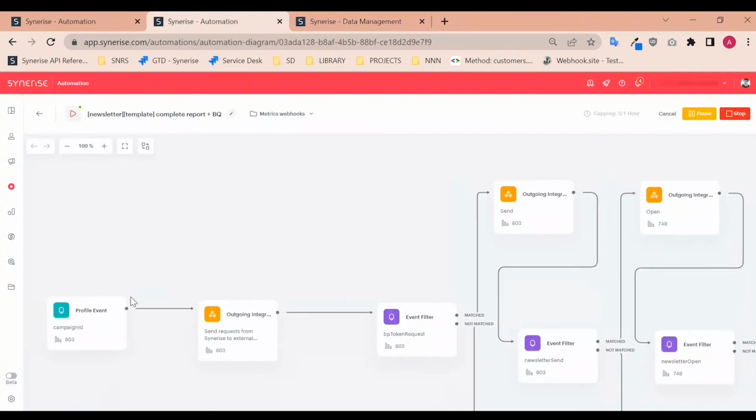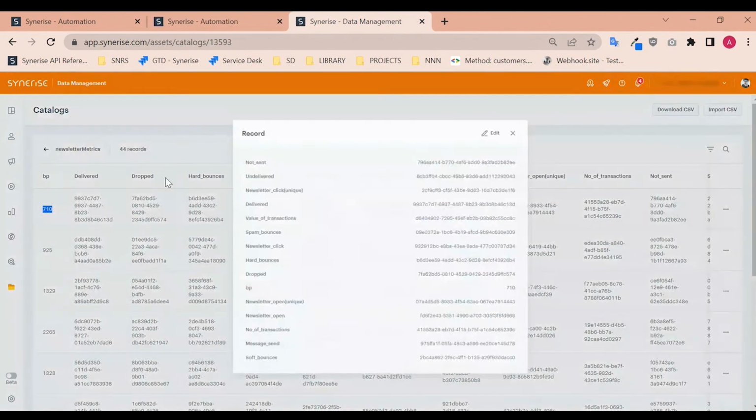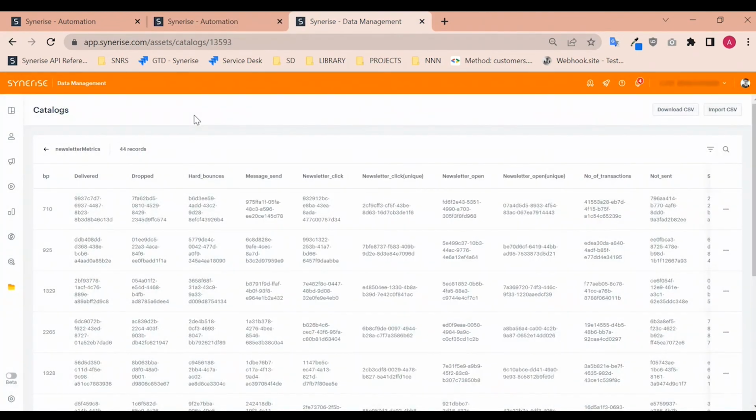So I don't have to prepare a separate automation to extract data on each campaign from a separate profile. So let's say I have profiles 1, 2, and 3. Because I'm using this dynamic automation in which the URL is dynamically prepared based on what we have in a catalog, here we are